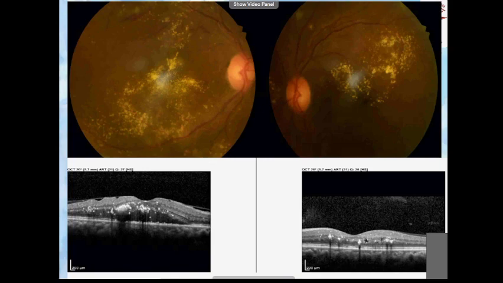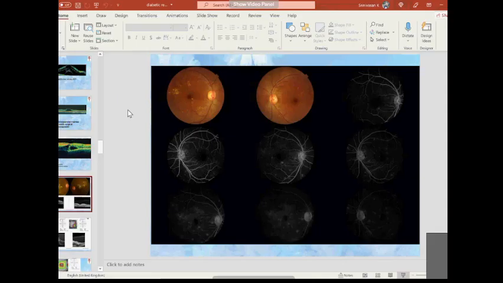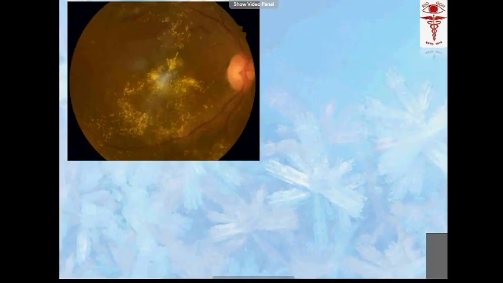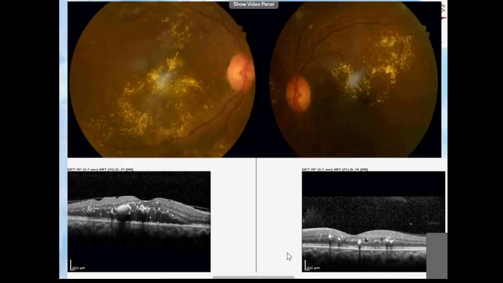So what we generally do for this macular edema is, see the amount of exudates. You can see this is the OCT picture, the picture on the down. See the picture below shows the OCT picture of the retina. See here you can able to see the white dots, hyperreflective dots are the exudates, and this dark place is the accumulation of the fluid. So another OCT picture of this retina which shows a macular edema with exudates.